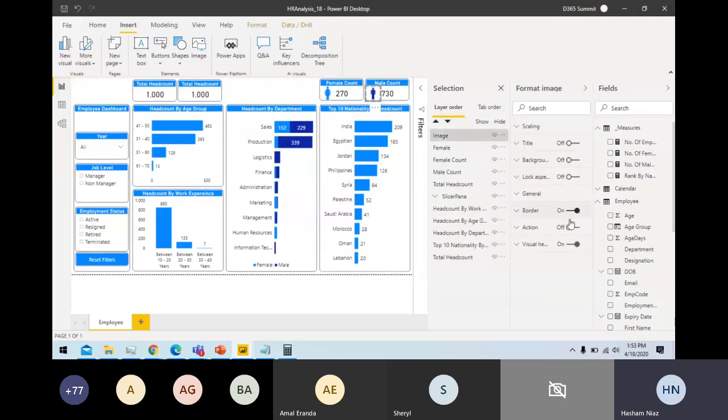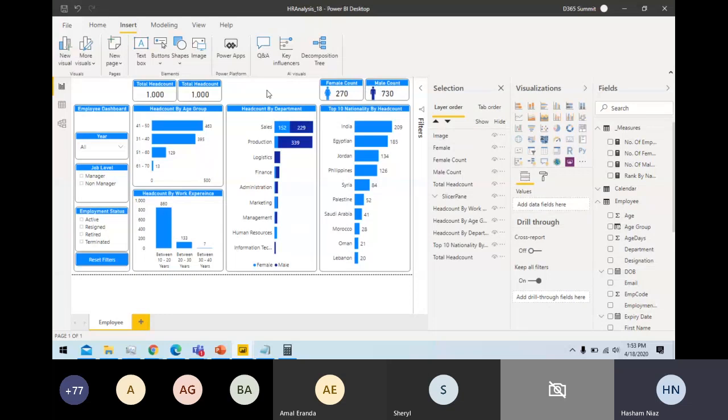What I need to do is turn off visual header and border, so this looks more symmetrical. If I click close, I can rename this image as well. So this is my male image, and it will be rendered here as well. So I can group these two together as well.